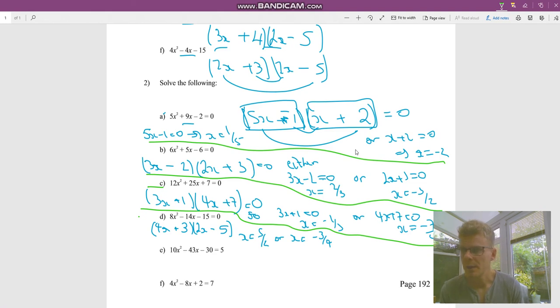So we notice here that these equations don't equal 0 anymore. If they don't equal 0, we can't take advantage of the fact that when I multiply two things together, if the answer is 0, one of them has to be 0. So we can quickly sort that out by just subtracting, in this first case for E here, 5. So if we rearrange this equation to get 10x squared minus 43x, take away 5 is minus 35 equals 0, then we can proceed as before. Now I will say it didn't happen in any of these questions. If there was a common factor, so let's say all of these numbers in E, so the 10, the minus 43, the minus 30 and 5, if they were all even, we could divide through